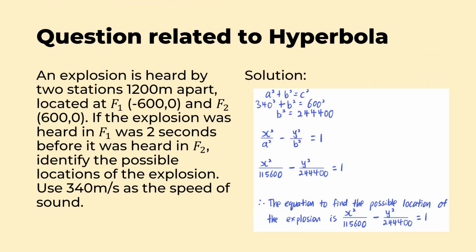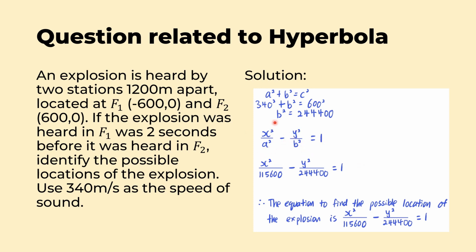So we know the formula is A squared plus B squared equals C squared. We already have our A, and we also have our C. So all we need to do is just sub in everything. We'll get B squared, which is 244,400. And then we sub in our formula, which is x squared over a squared minus y squared over b